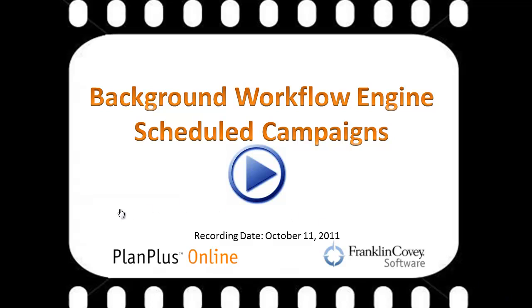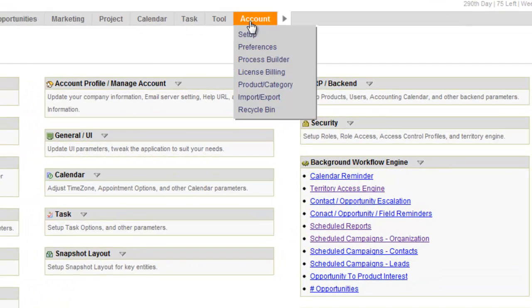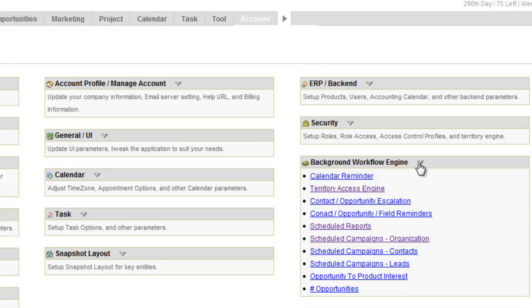Hi, in this video we're going to demonstrate how to use the background workflow engine feature regarding scheduled campaigns. Here we are inside of our account. We're on the Account tab, click Setup, open up the background workflow engine, and you'll see here scheduled campaigns, organizations, contacts, and leads. All of these three right here are going to follow the same workflow that I'm about to